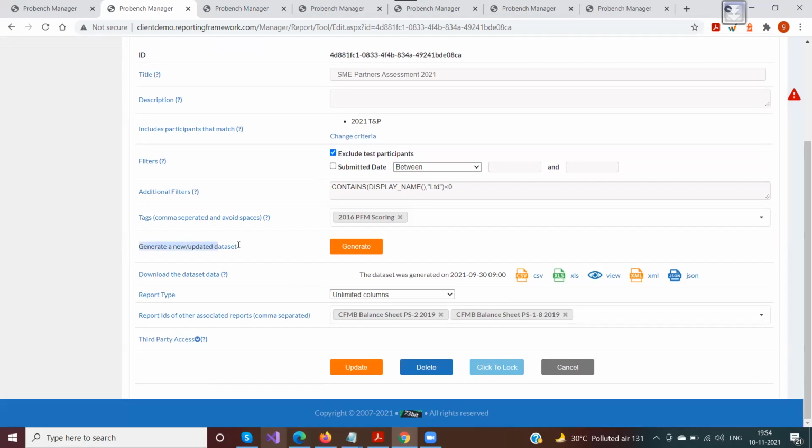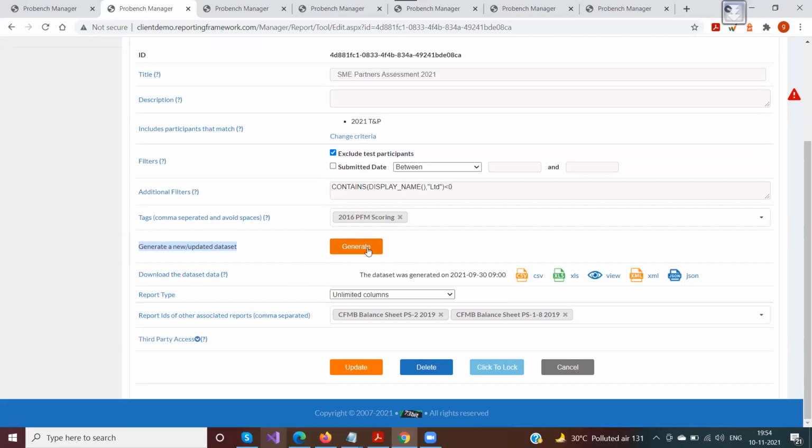The next is the generate new, which is basically this particular button here. When you click on this button, the actual data set is generated. When we say generated, all the data is collected into one particular place.